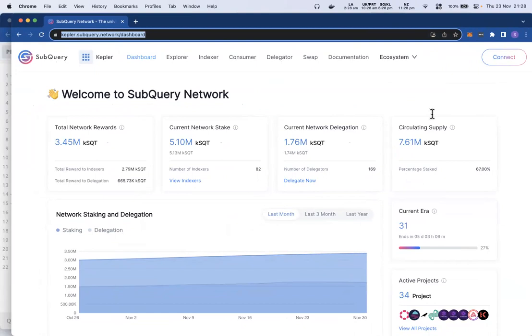If you want to become an indexer and earn revenue, you can do so if you've got your own infrastructure. Otherwise, for your project, you can provide it to an indexer who will run it for you. And then you use the KSQT token to pay to consume the data. In that case, you'll be a consumer purchasing from an indexer.